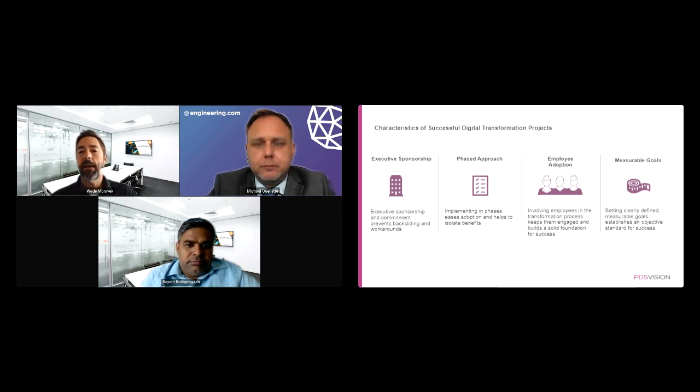And finally, as we're talking about today, having those measurable goals, clearly defined business goals that we're trying to achieve. We're not just doing this because we have to do it. We're doing this because it's going to give us these business benefits. Again, it's going to reduce the total number of late stage design changes that we have. It's going to reduce the time to implement those changes. It's going to reduce the amount of rework we have to have on the shop floor. Here are our goals. This is what we expect to do.